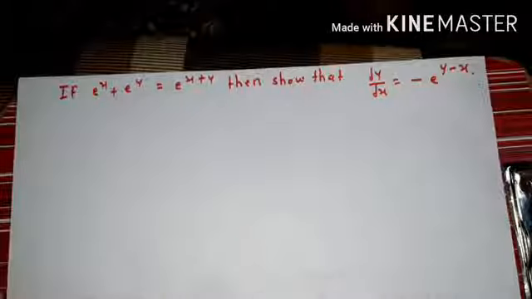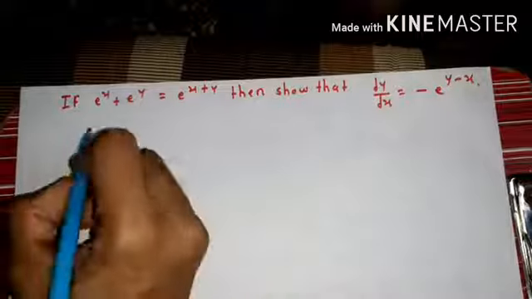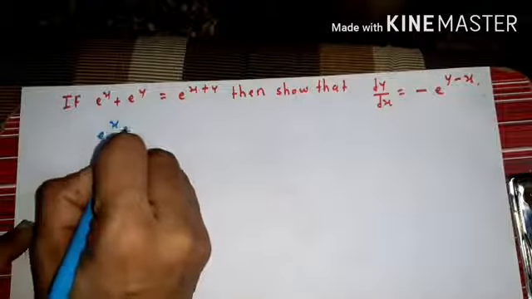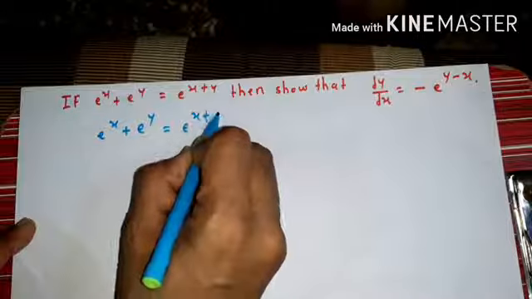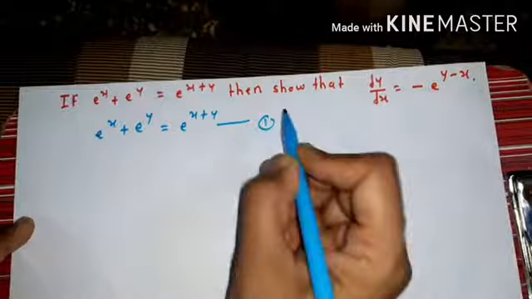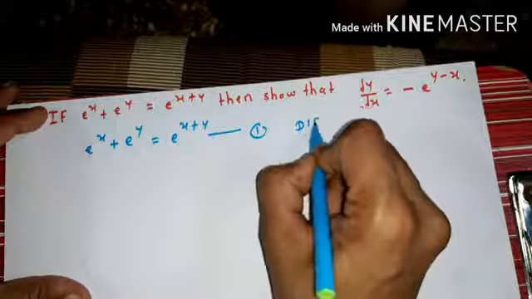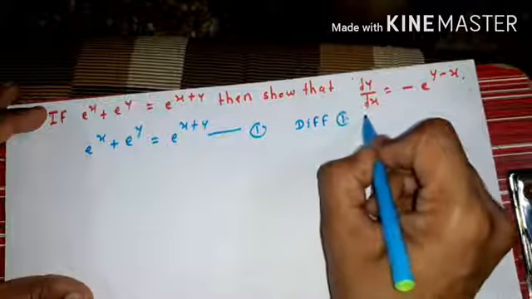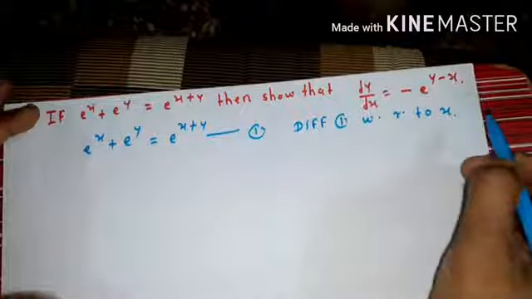Okay students, so let us see what is the problem. The problem is that e raised to x plus e raised to y is equal to e raised to x plus y. Suppose this is 1. Now differentiate 1 with respect to x. We get